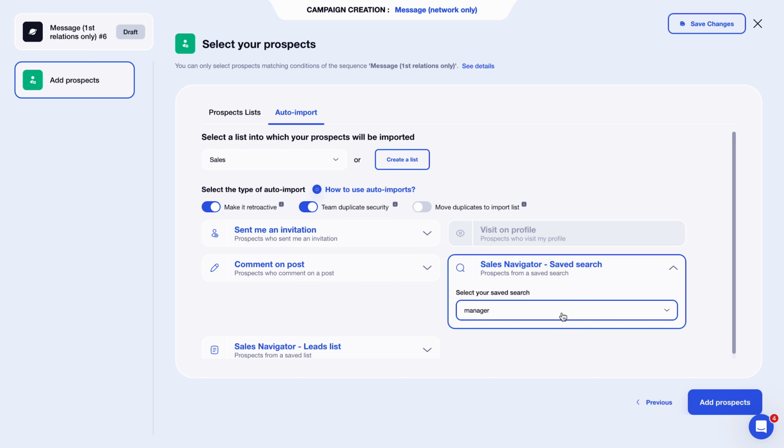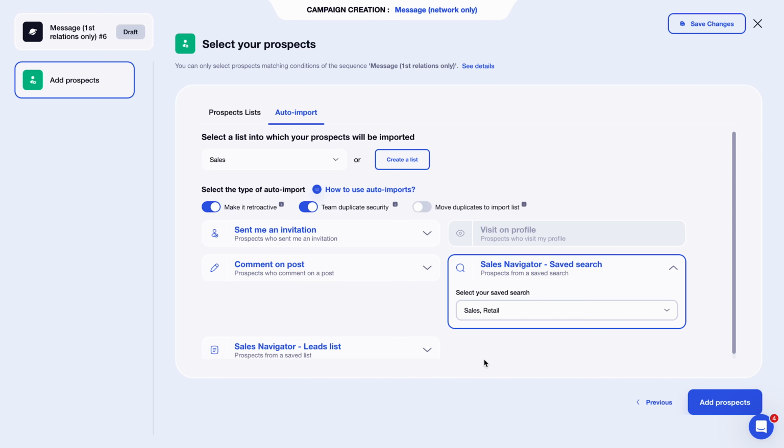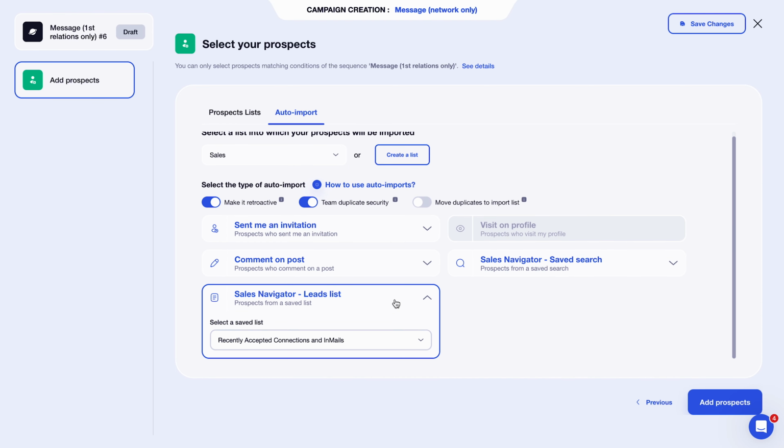Back to Sales Navigator features. When you create saved searches on Sales Navigator, you can see when you have new results in the search. Thanks to auto import, you can ask Waalaxy to automatically import these prospects and launch them in the campaign of your choice, which is clearly a big time saver. And as you've already guessed, you can do the same with the Sales Navigator list. That way, when you add people to your Sales Navigator list, you don't have to import them manually to Waalaxy at the same time. You can just launch a campaign with this auto import